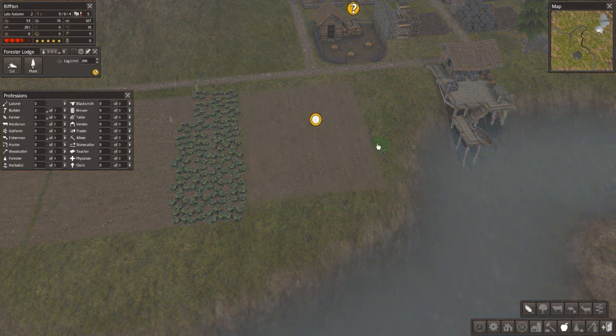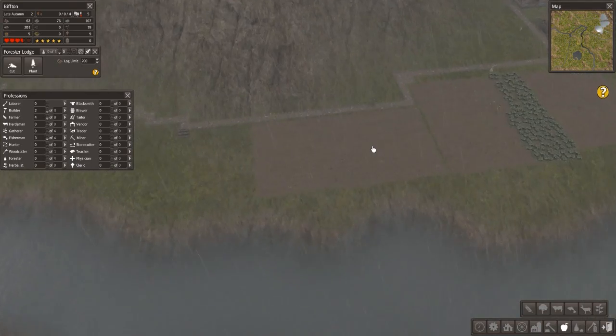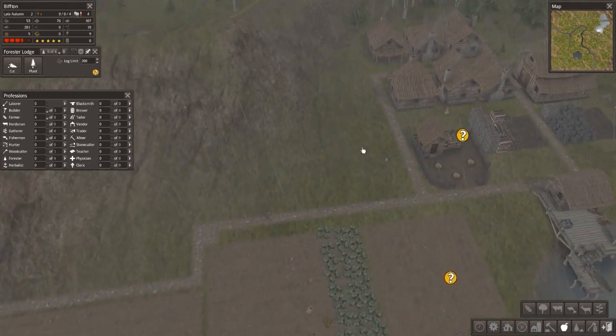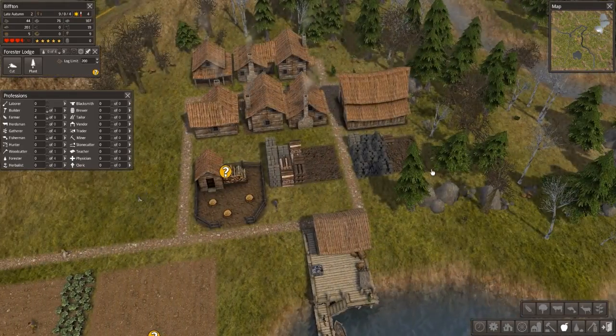Could just go for that. And we'll make this potato as well. Let's live off the land. Let's enjoy our potatoes. And hopefully by the time we get to next year, we will be producing enough food